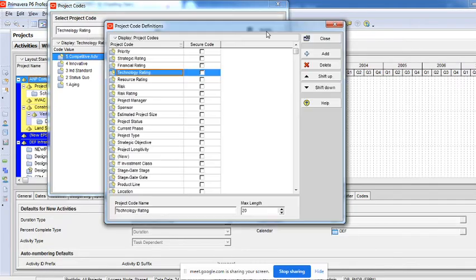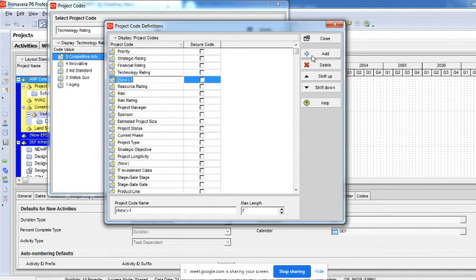I'll click on add. So here you can see this is where the project code definitions are. That means you have to define a code on the basis of what you want to group your projects into, right? It could be anything. Right now I can give expected finish dates.